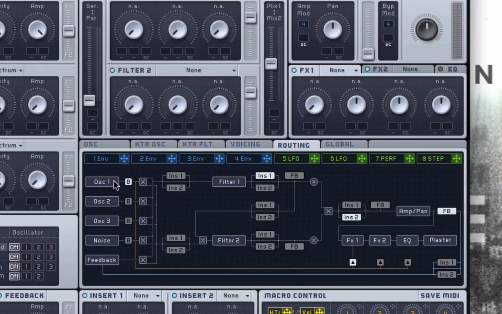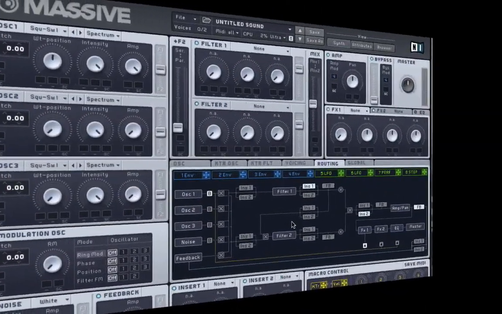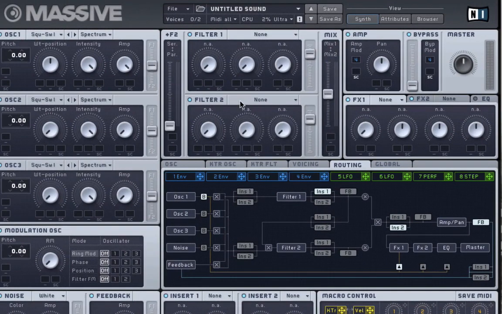Or you can have the audio signal split using this X, and it will go equally to filter 1 and filter 2, and then those two signals will be downmixed here at the end and then go into the amp and pan section. So Massive allows you to set up your filter routing in a few different ways. If we move back up to our filter section, you can see this play out practically. So to the left of our two filters, you have a serial and parallel